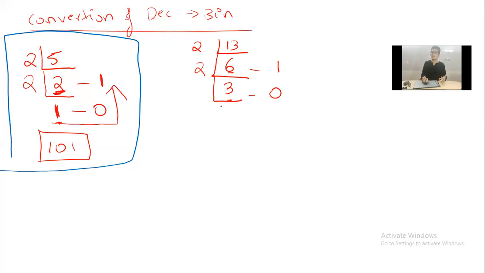Okay. So 2 ones are 2. How many more is the remainder? 1 more is the remainder. That one I'll be writing here. Now, are you seeing 1 here? Yes, you have to stop.